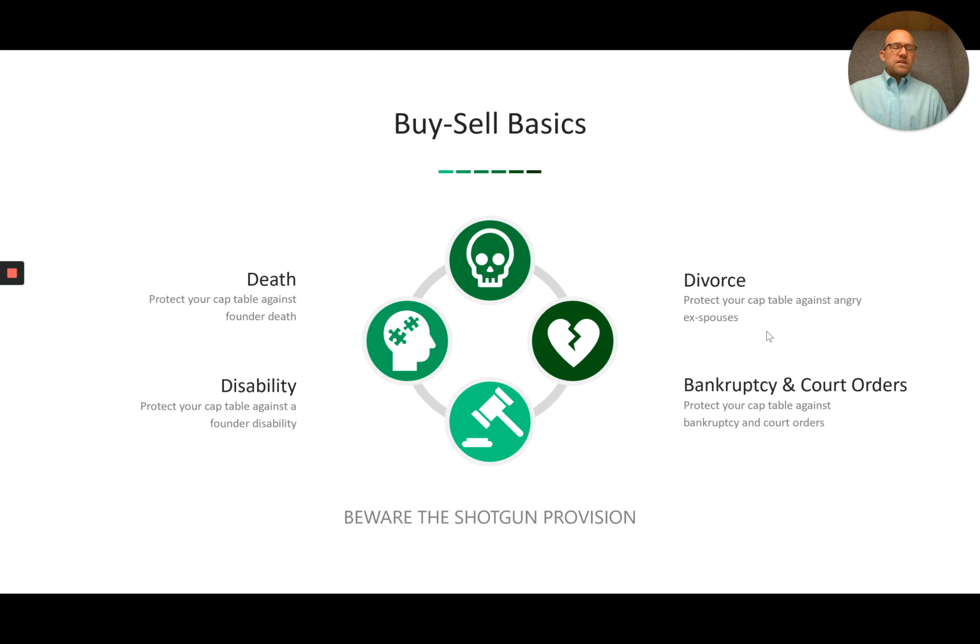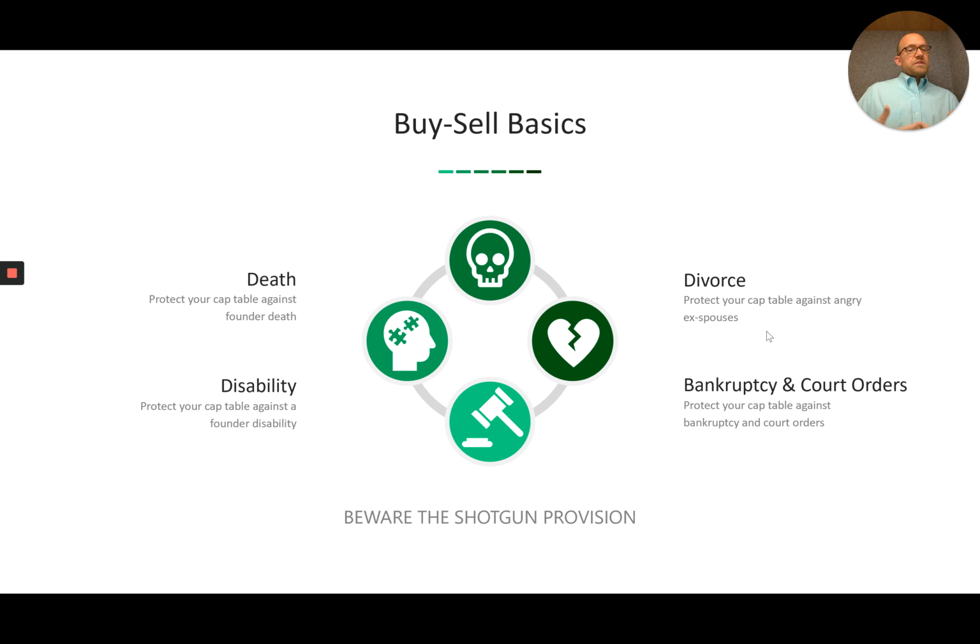And then the other protection mostly comes up with bankruptcy. So when an individual files for bankruptcy, if an owner files for bankruptcy, at that point in time, that owner loses control of the assets that they own, and those assets essentially become under control of the bankruptcy trustee. There are some caveats to this, but in general, when there's a bankruptcy, the bankruptcy trustee has a major say in the assets and how they're voted or how they're distributed, and the bankruptcy court gets involved in all of that.